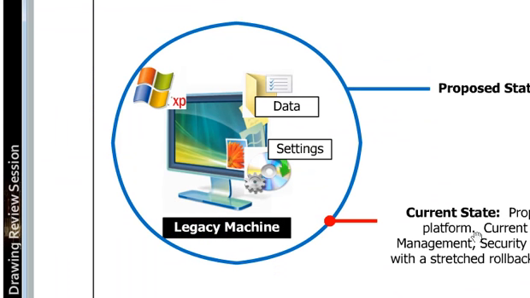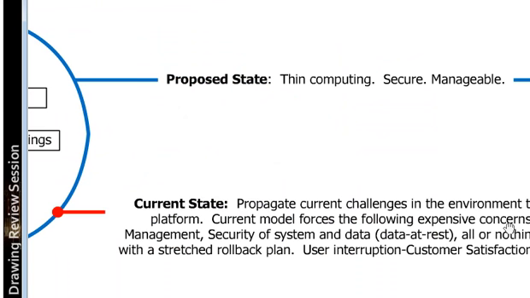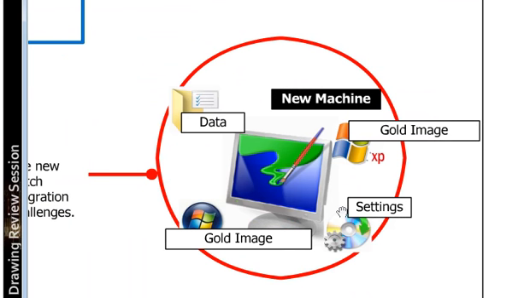Well, you've got to move this data and these settings somewhere to a centralized area, and blow down a new image. Let's say you're just doing an image refresh. The same applies to a new hardware refresh. So you've got to blow down the image here, and then you've got to return all the data and settings. When you do that, you've got lots of time that you're going to have to go through to get that done. The new machine then, as said here, is going to have to receive its gold image. Let's say it's Vista, XP, 7, whatever it is, and all of those data and settings are going to have to be migrated onto that new machine. That means downtime for the client,